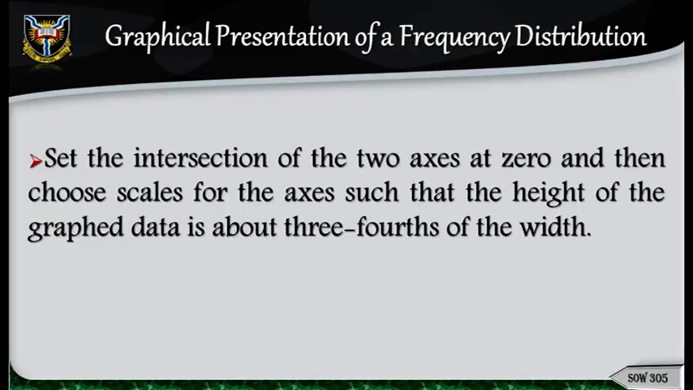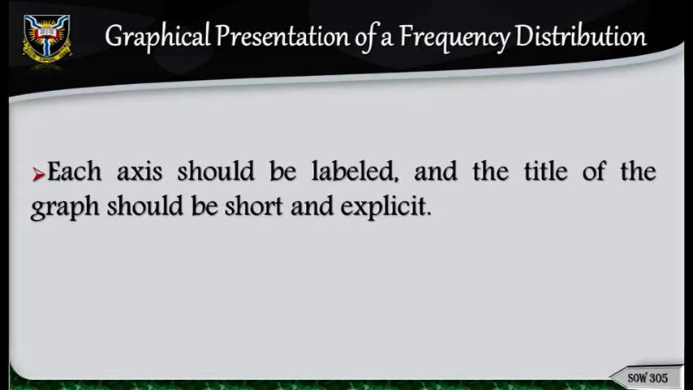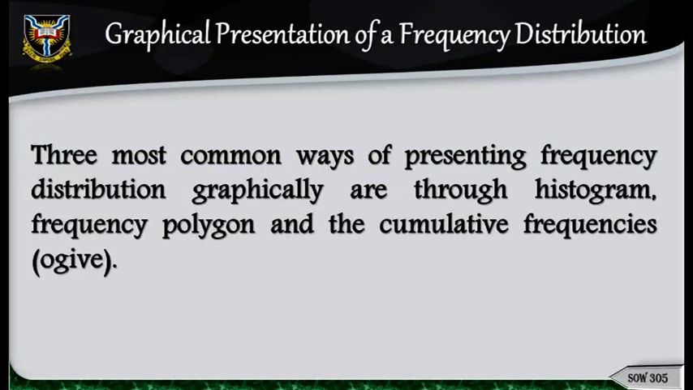4. Set the intersection of the 2 axes at 0 and then choose scales for the axis such that the height of the graphed data is about 3/4 of the width. 5. When the intersection of the 2 axes is not at 0, break the relevant axis near the intersection. 6. Each axis should be labeled and the title of the graph should be short and explicit. The 3 most common ways of presenting frequency distribution graphically are through the histogram, the frequency polygon, and the cumulative frequencies, that is,